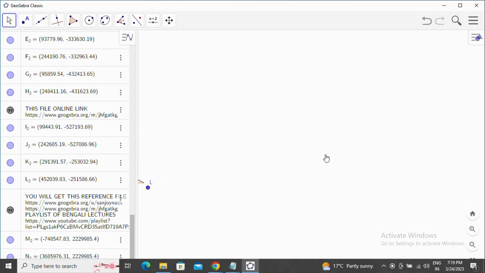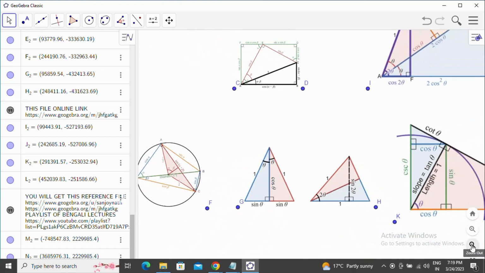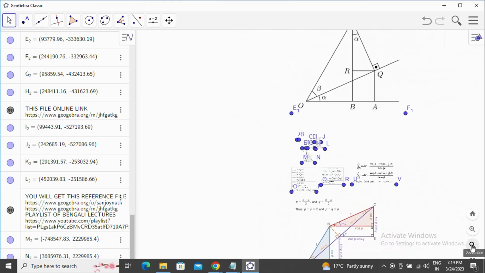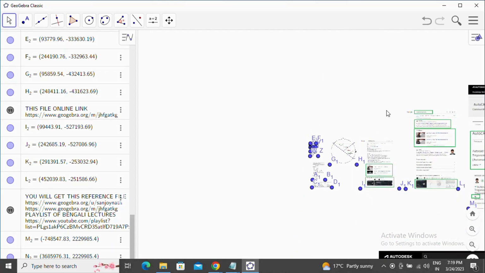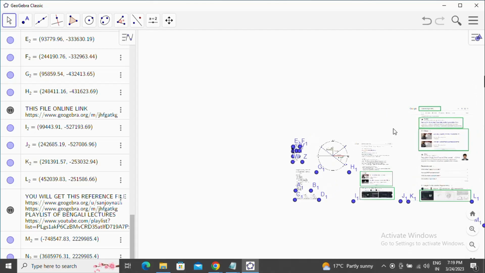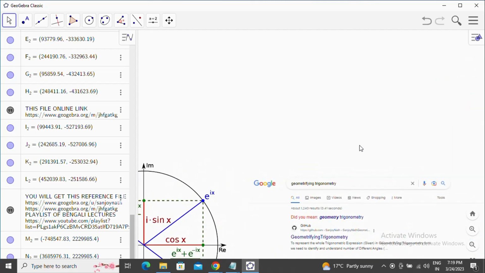Now, in a separate video I have already shown how to get the geometrifying trigonometry simulator so that you can use it properly, and we have shown how to generate several kinds of geometry from the multiplicative options of the expressions. Now I want to show you how to search for the automated trigonometry simulator from